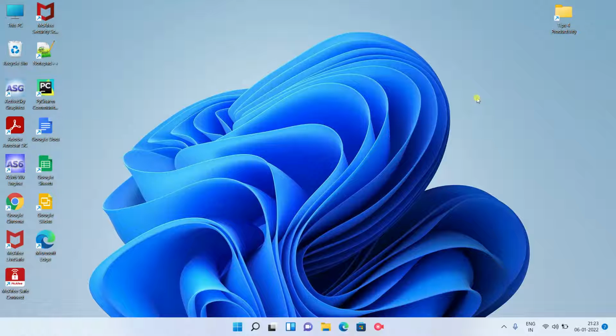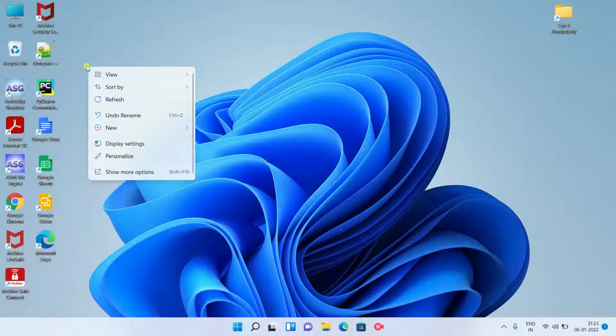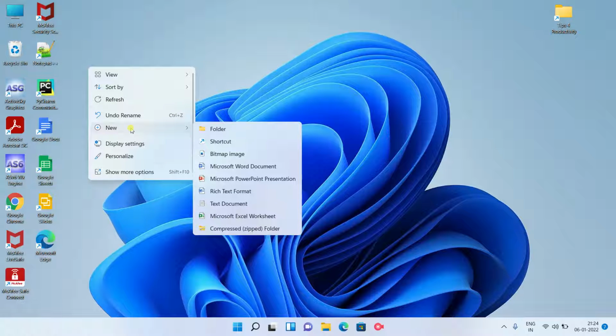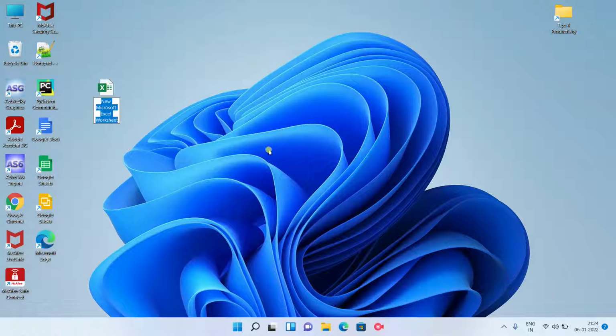Today let us go through some steps by which we can create a new file onto our PC. There are various ways of creating a file in Excel onto our desktop or onto a specific location on our PC. For creating a file on a desktop, one of the easiest steps is to right click on the desktop, hover over New, and select an option of Microsoft Excel worksheet.